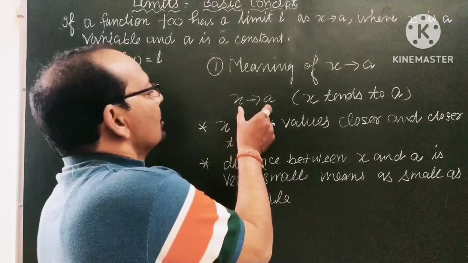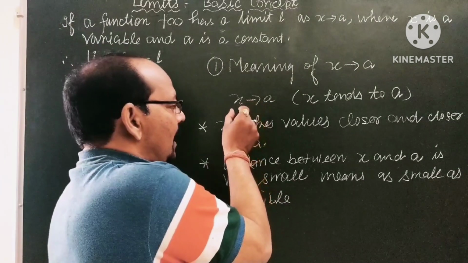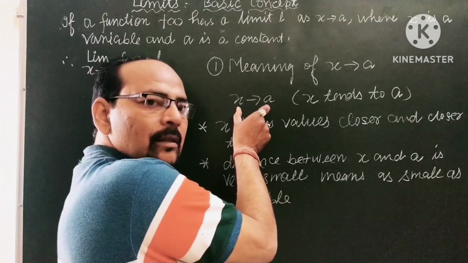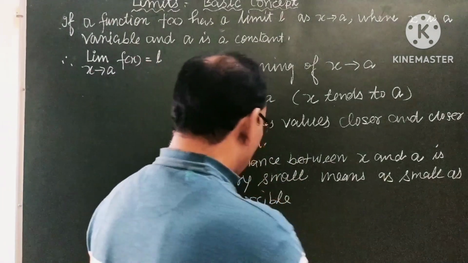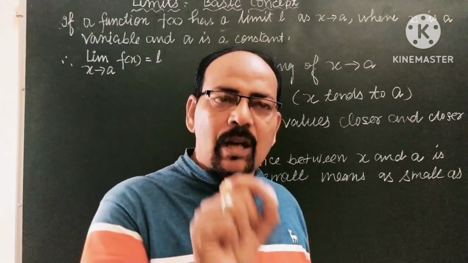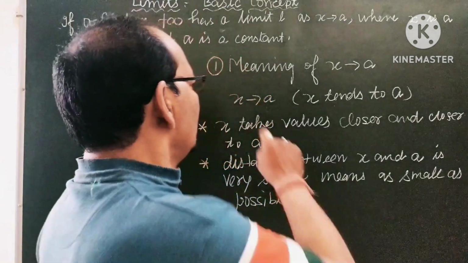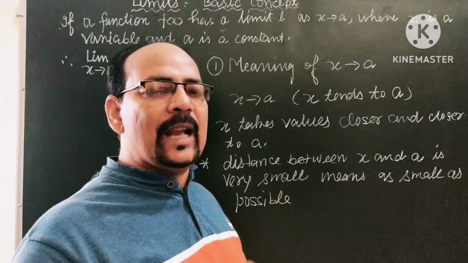Means when x tends to a, the distance between x and a will be as small as possible. जितना कम हो सकता है उतना कम x tends to a पे distance between x and a